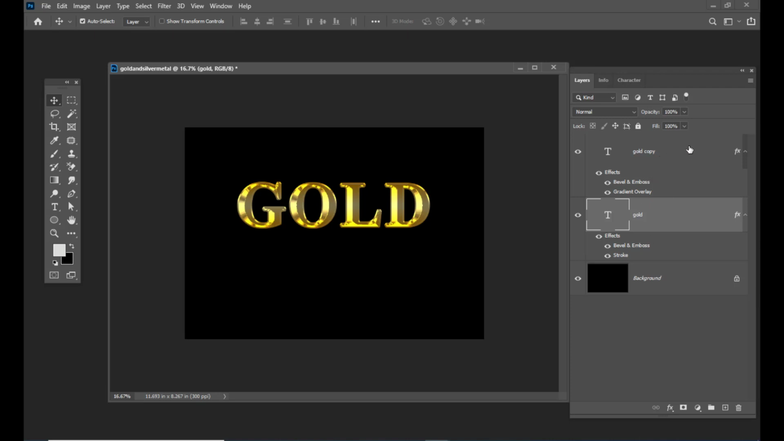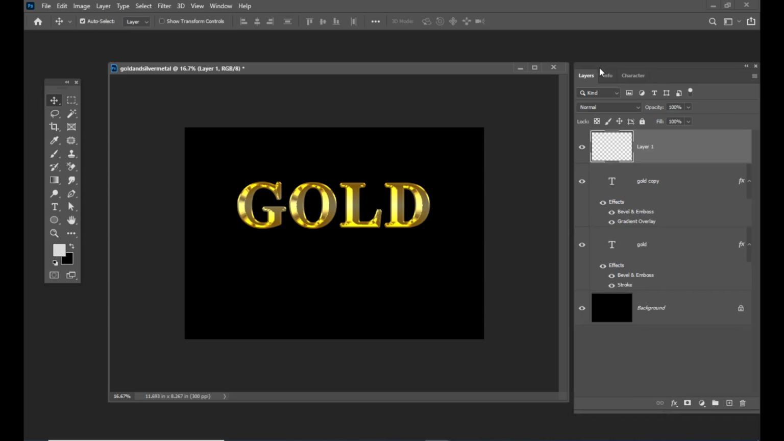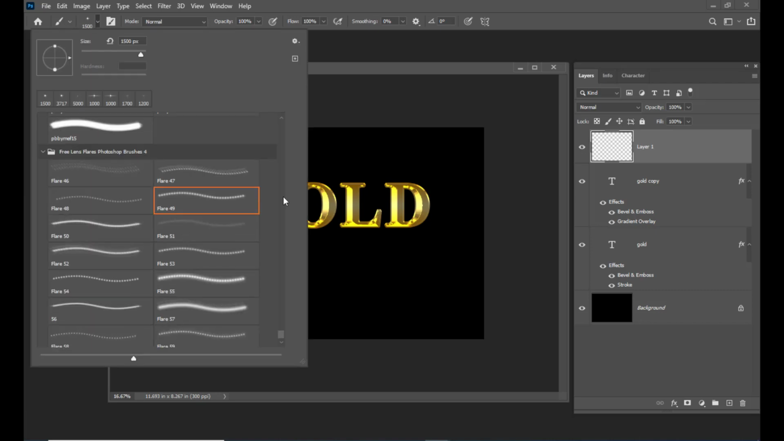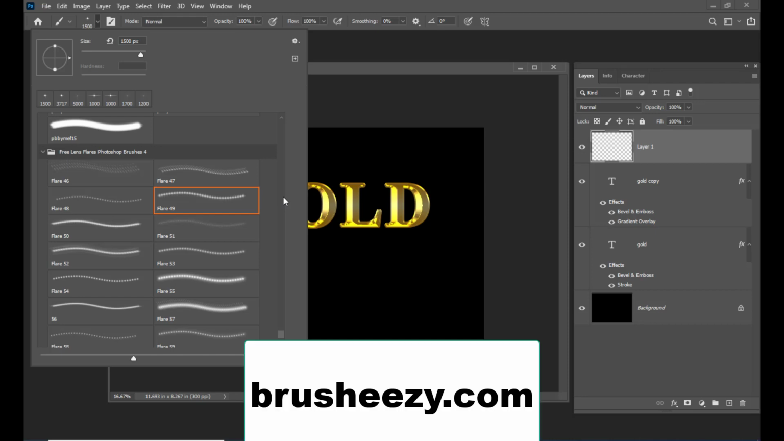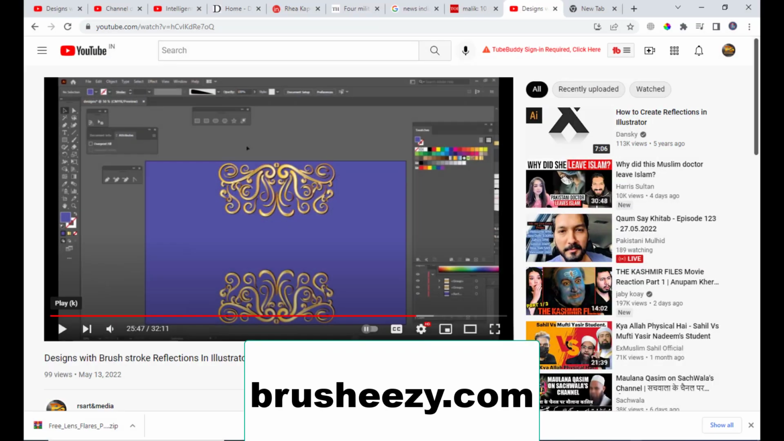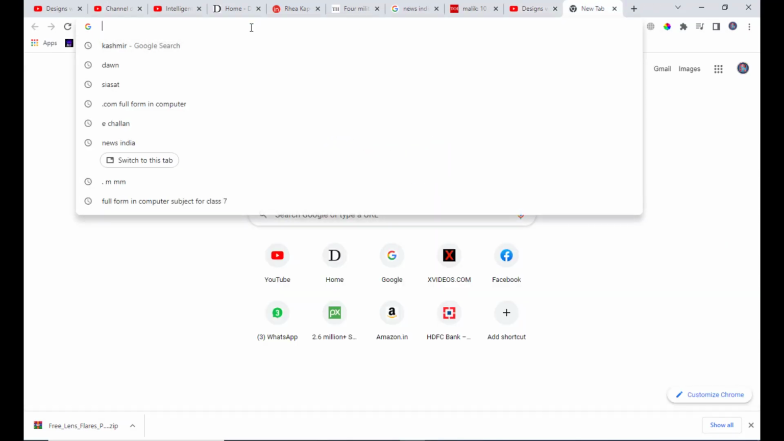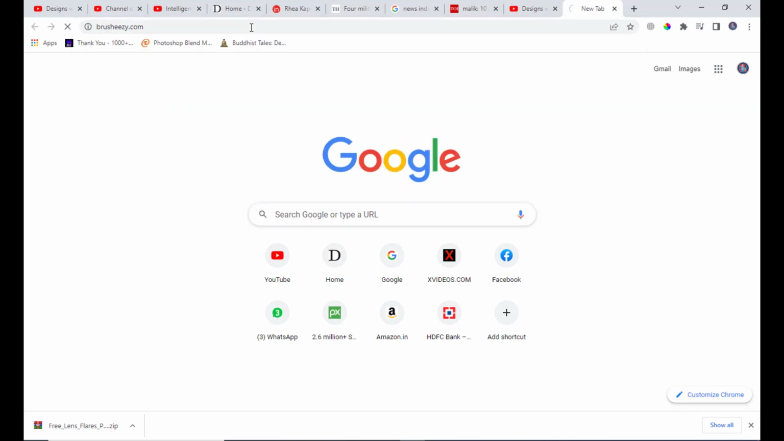Right. And one thing we will do is take a layer above the top text layer, and to enhance this further we will select the brush, and here I have downloaded some lens flare brushes from brusheasy.com. You can just go to this website, which is brusheasy.com,